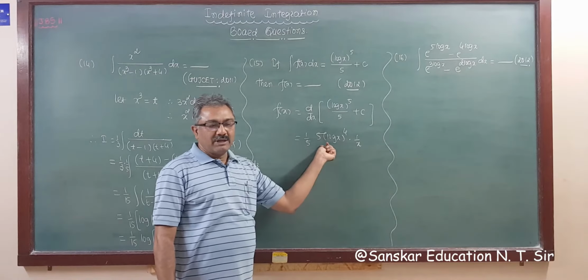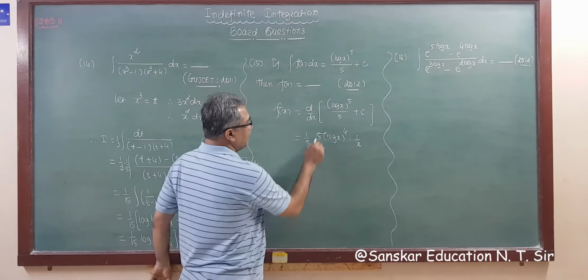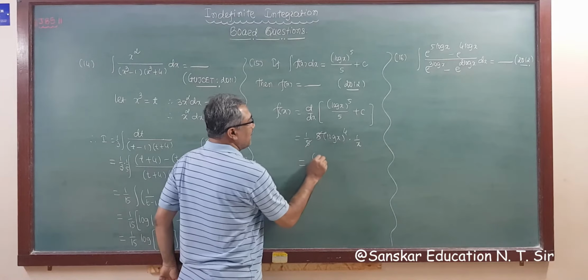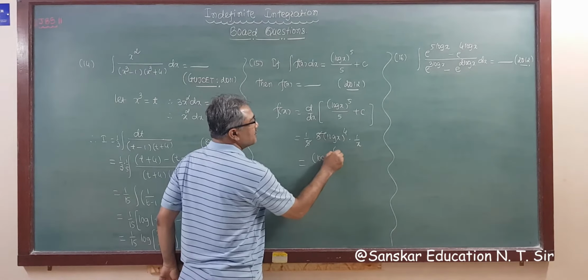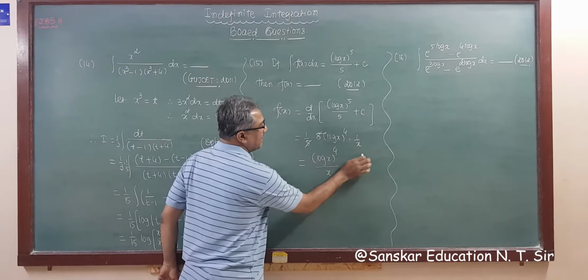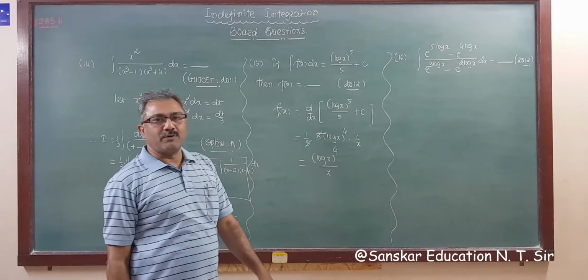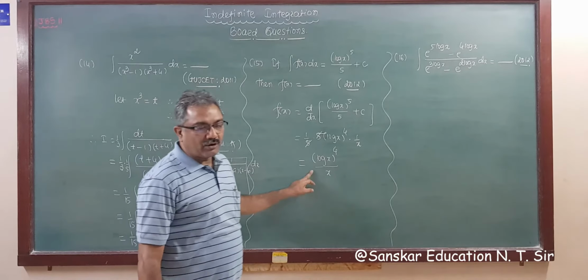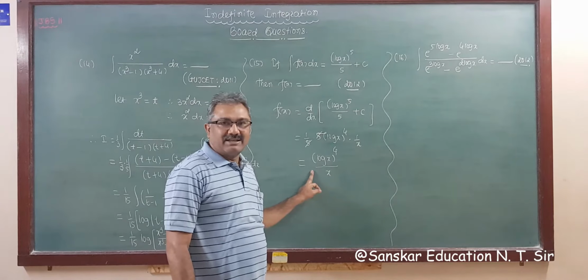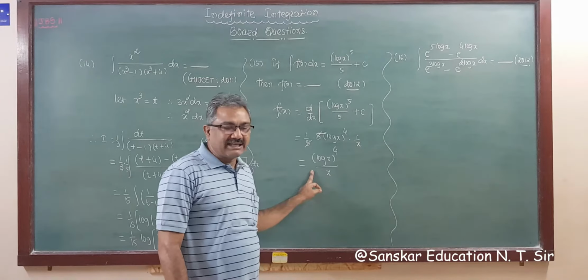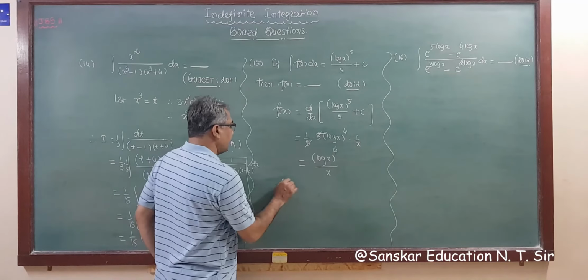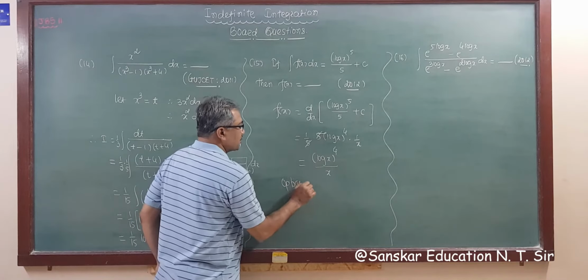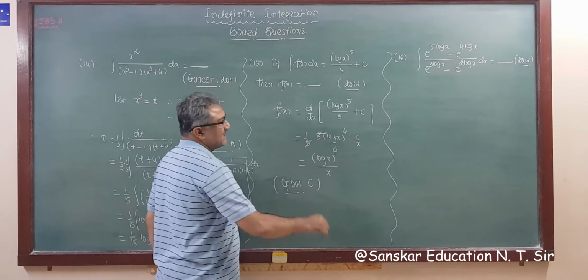You have to do it like this. So what is your answer? This 5 will be cut. So the answer will be (log x) raised to 4 upon x, right? (log x) raised to 4 upon x. That is your option number C. Option C is your correct answer in your PDF. So option number C is the correct answer.